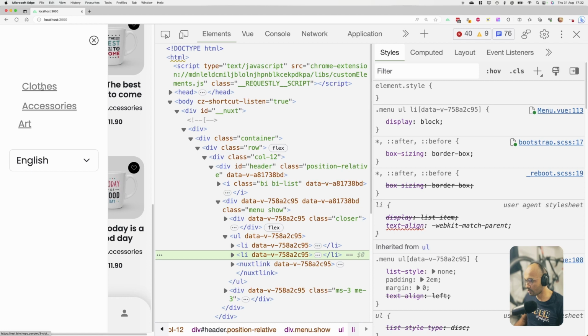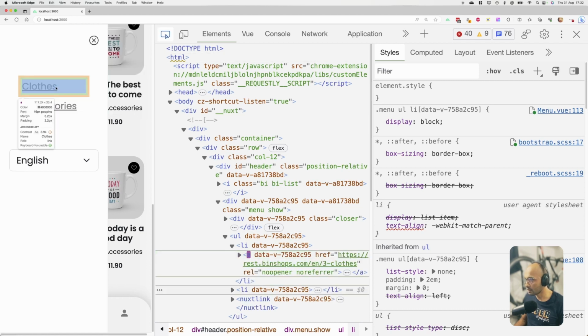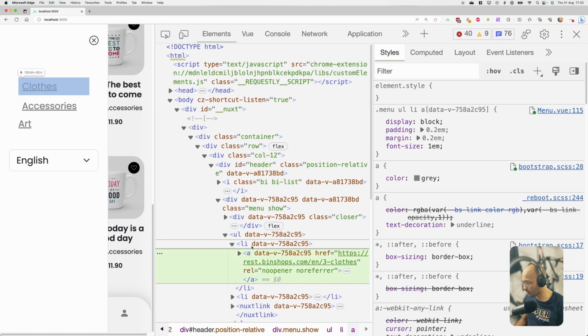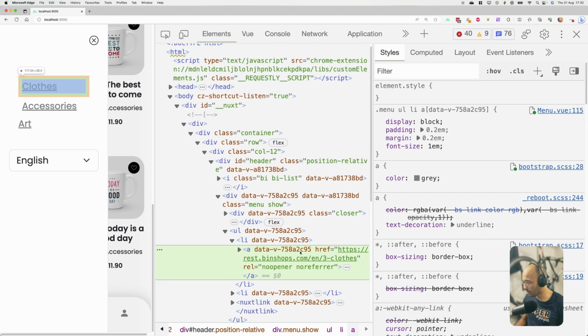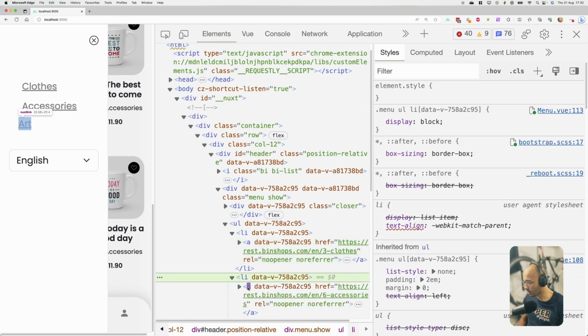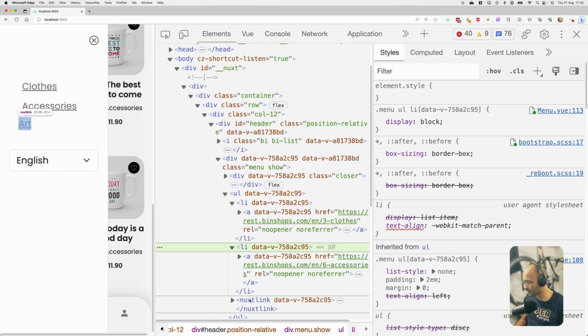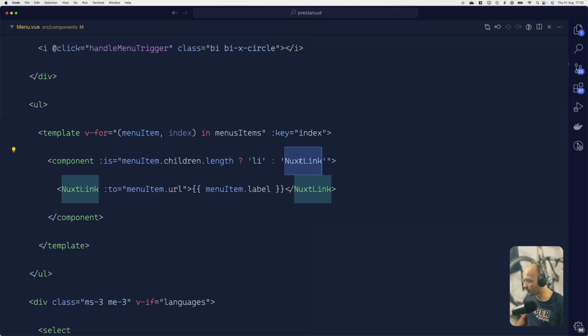So you can see that now we have clickable links, and each one is containing an li, and this is for the clothes. This is, well, this is a stupidly compiled Nuxt link. No, dude, you should not do that. Yeah, anyway, so it could be,